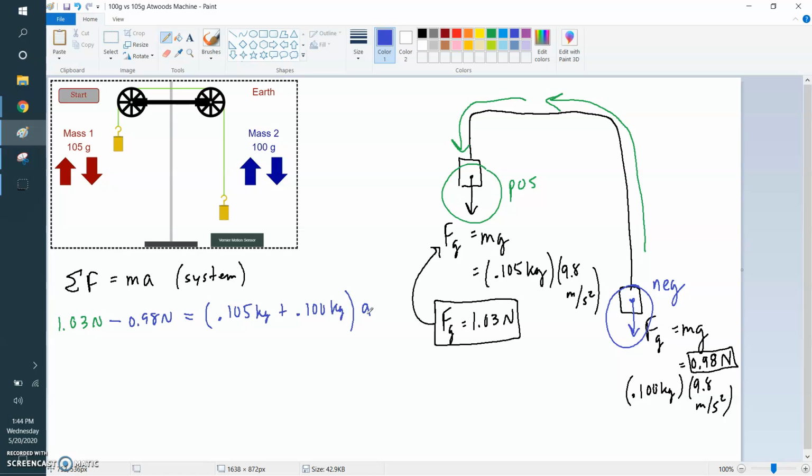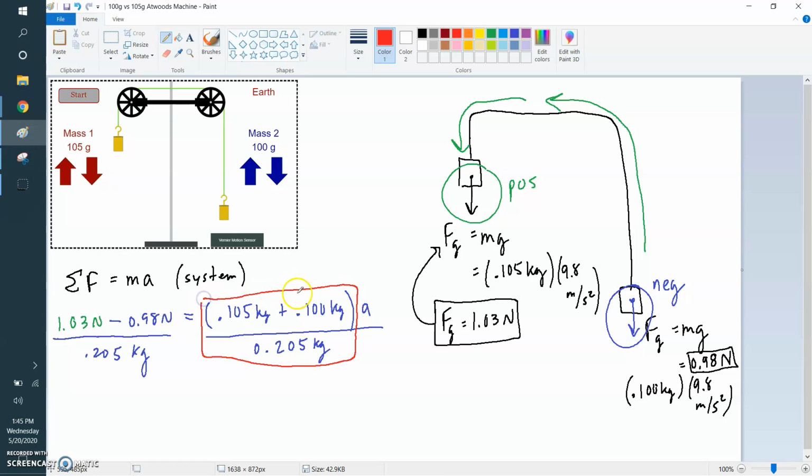All right, so from here we can divide each side of the equation by 0.205 kilograms. And that makes this whole part of the term disappear because it's equal to 1. Numerator and denominator are the same. And 1 times A is A. On the left side,